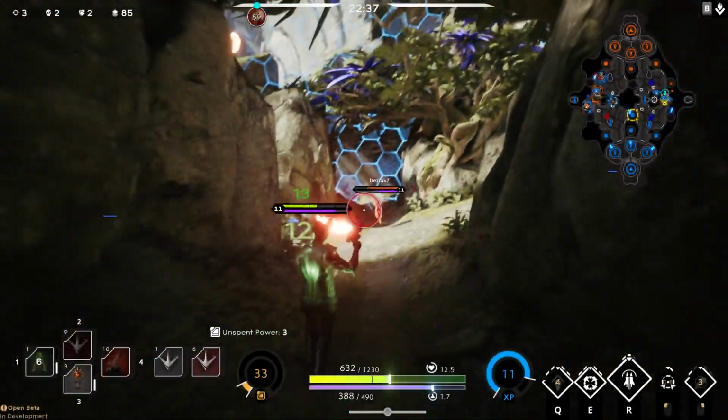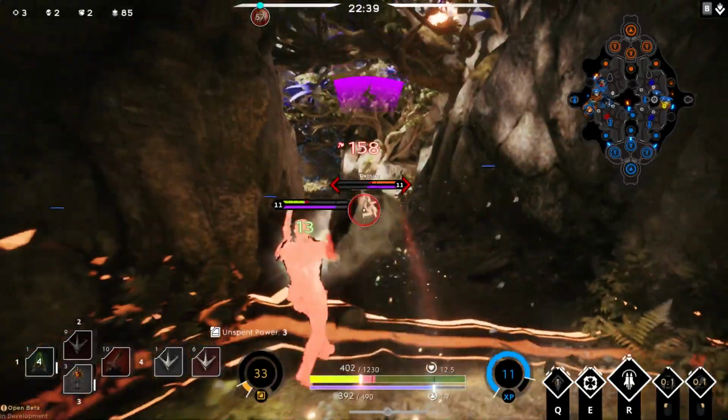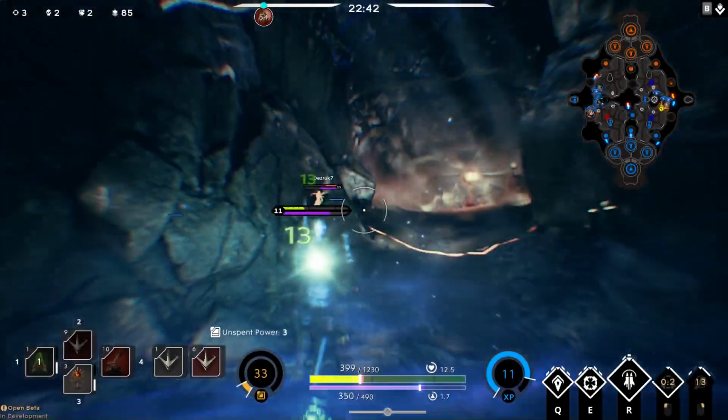I'm going to put down a ward to help the lane, and she comes for me. Now, I think she's going for me because she thinks she can kill me. I reckon I can kill her if I...